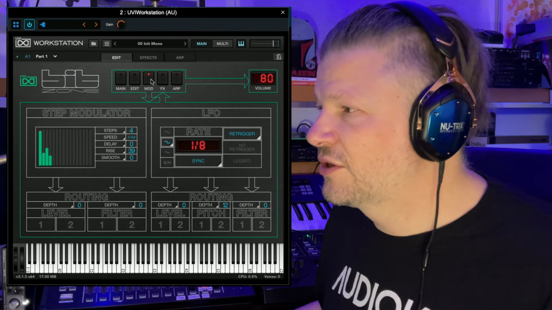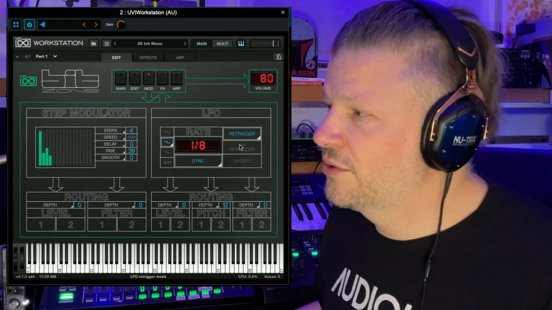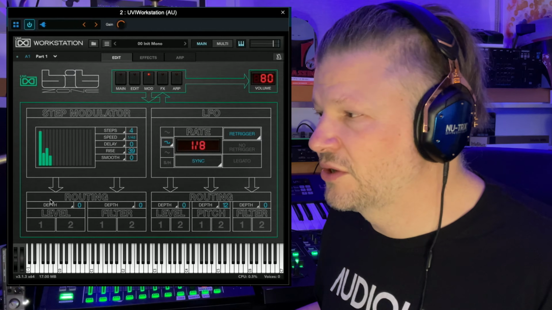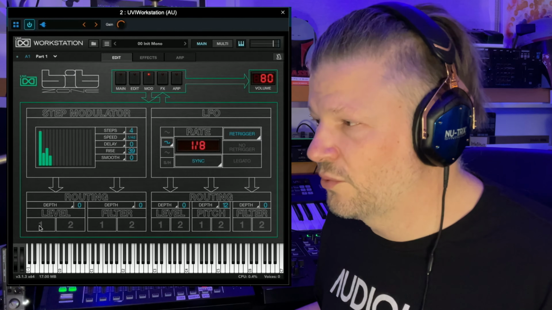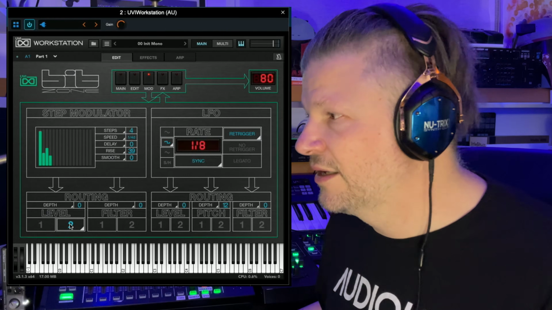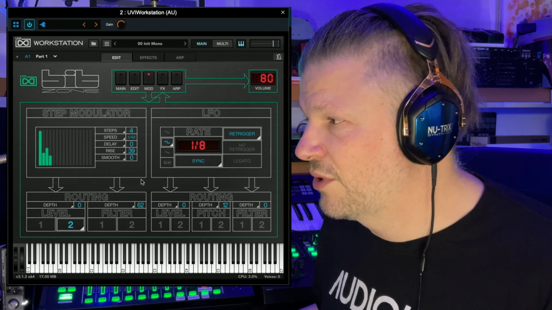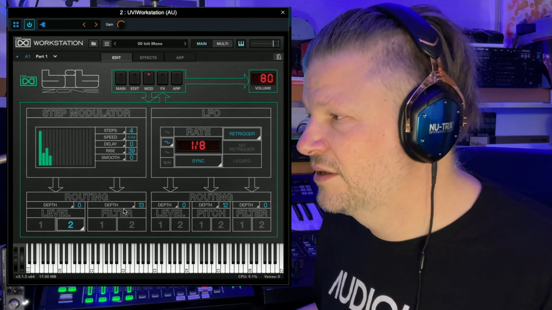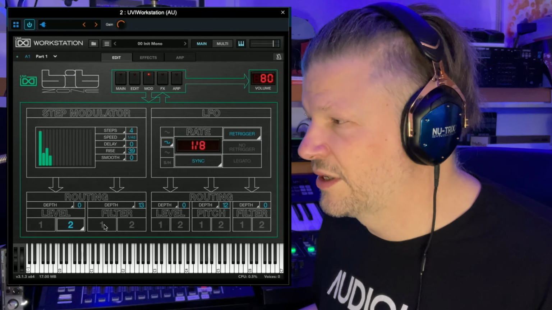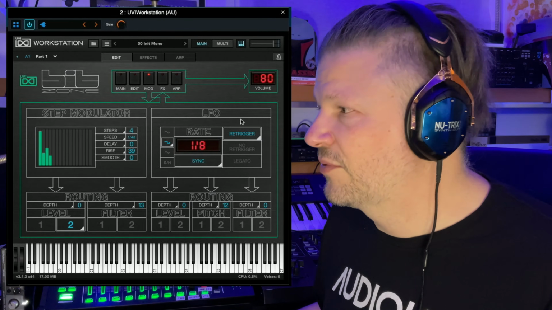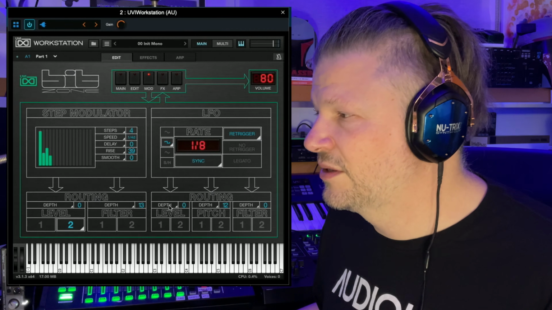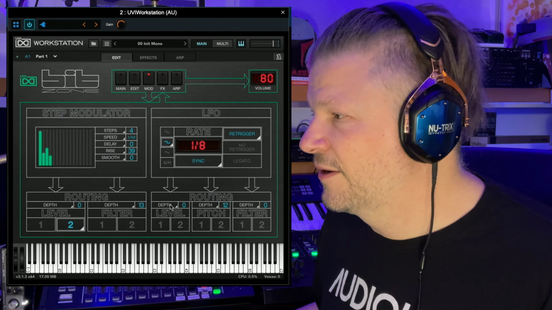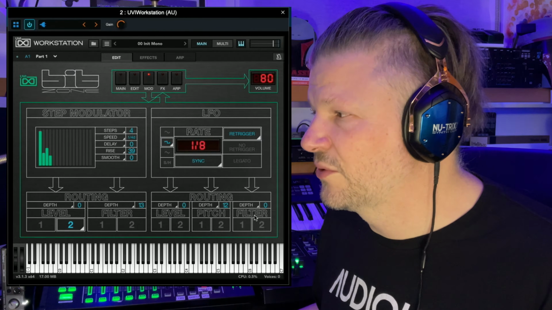Then you get the modulation section where you have a step modulator, an LFO. You can route it to level for the volume for 1 and 2, the 2 layers again, or the filter. Say how much you want it to be assigned to this, and the filter again, 1 or 2, the 2 layers. Same thing with the LFO. You want to assign it where you want: the depth of the level, the pitch, or the filter, 3 destinations,